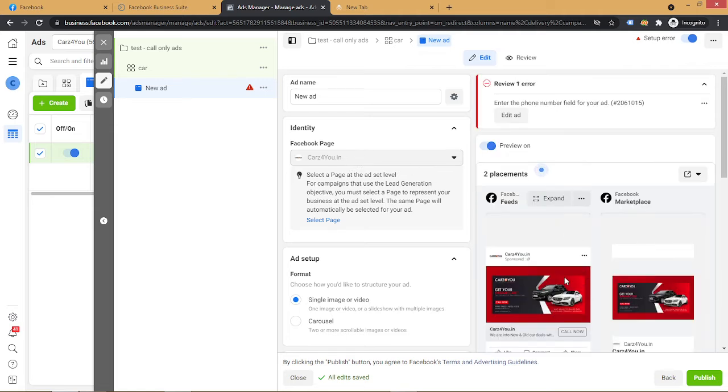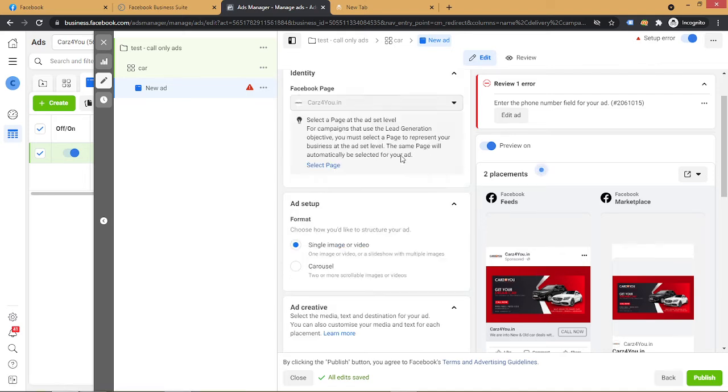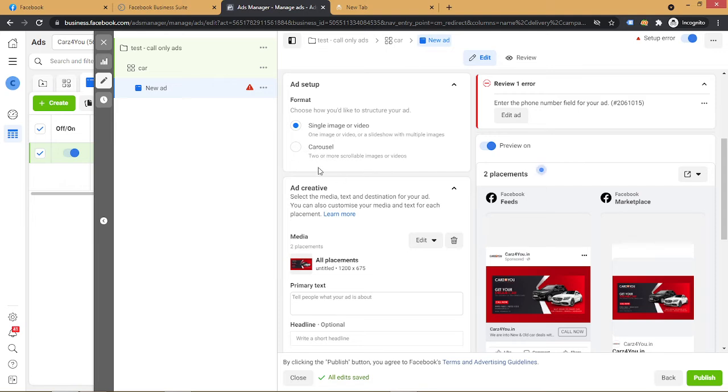Here you can see it is taking the preview of my Facebook banner. But anytime we can use different types of ad creatives like a single image, video or carousels.